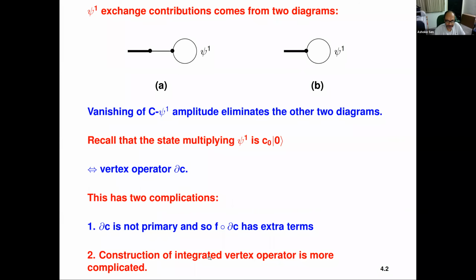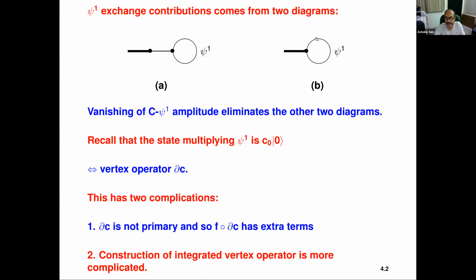The other complication that comes is that the construction of the integrated vertex operator is more complicated. Let me explain what I mean by this. Here we have a 3-point function of one closed string and a pair of open strings. The unintegrated closed string vertex operator carries ghost number 2, and each of the unintegrated open string vertex operators carries ghost number 1. So that's ghost number 4. That's of course too many ghosts for the upper half plane. So you have to transform one of the open string vertex operators into an integrated vertex operator. That's what you normally do.